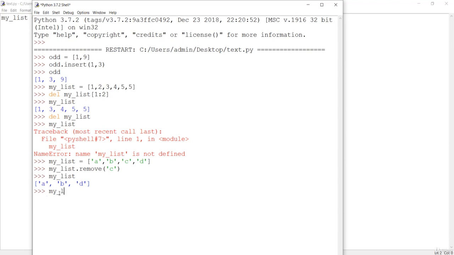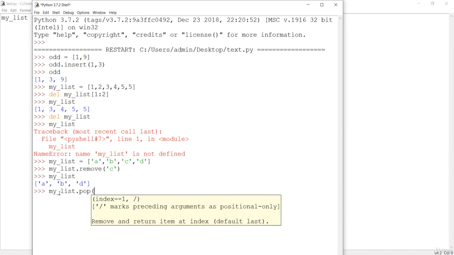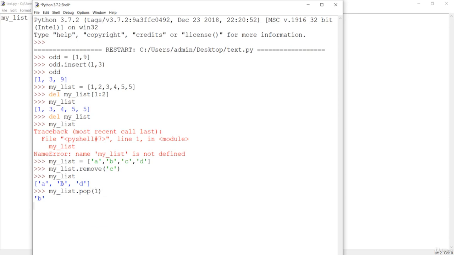So you can see that my list dot pop method is of the list, and you have to pass the index in this pop method. So when I just say 1 is the position for this B, so B has been popped out, that means element has been popped out from this list. So if you just do something like my list dot pop,